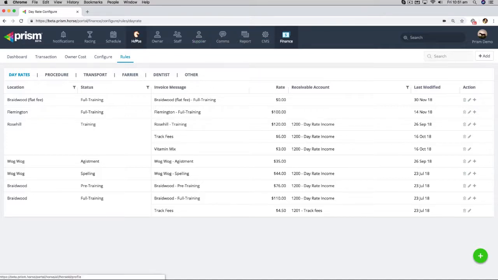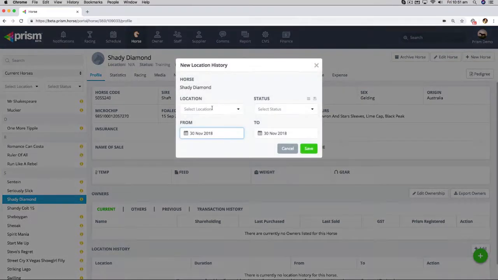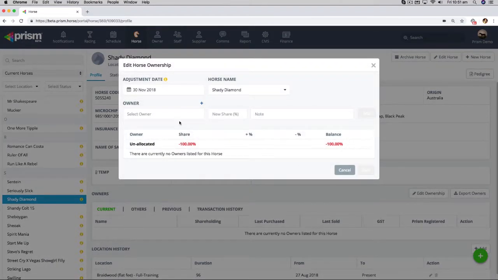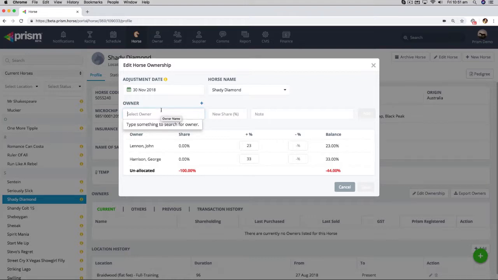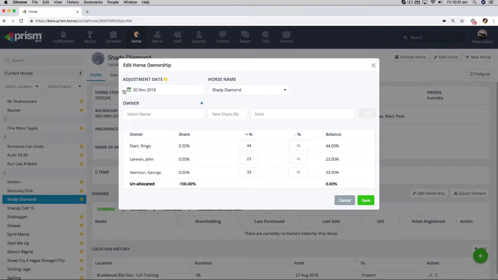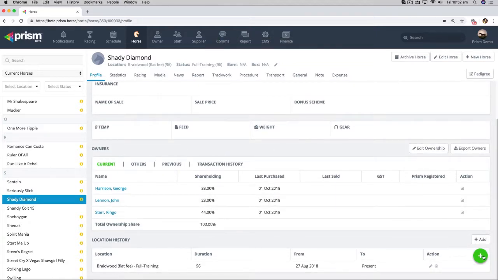So if I then go back into a horse, and let's create Shady Diamond, doesn't have a location history, so let's just go make it from there. And I'll just add some owners so you can see the split. So to make sure the adjustment date is from when they took first look ownership. Right, so this horse is not earning any day rate income, but what we can then do is create just